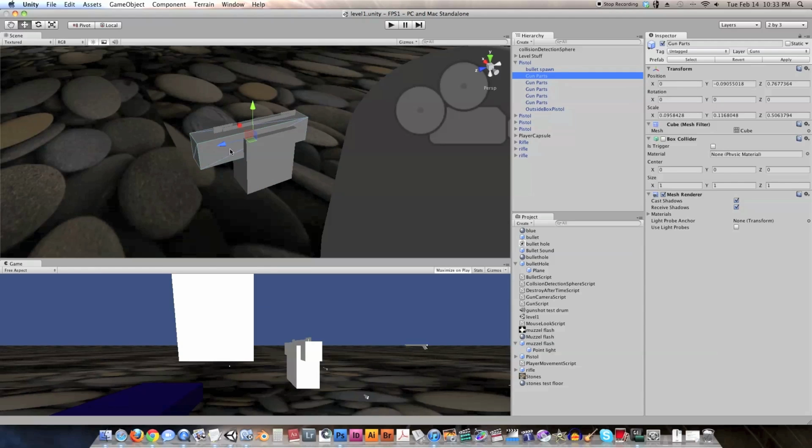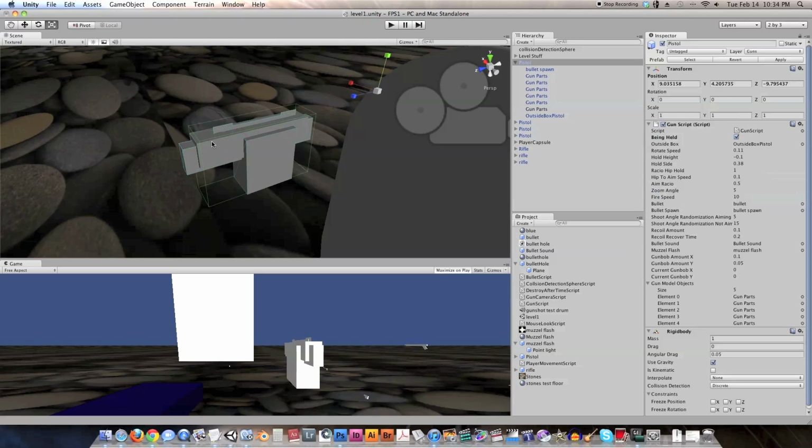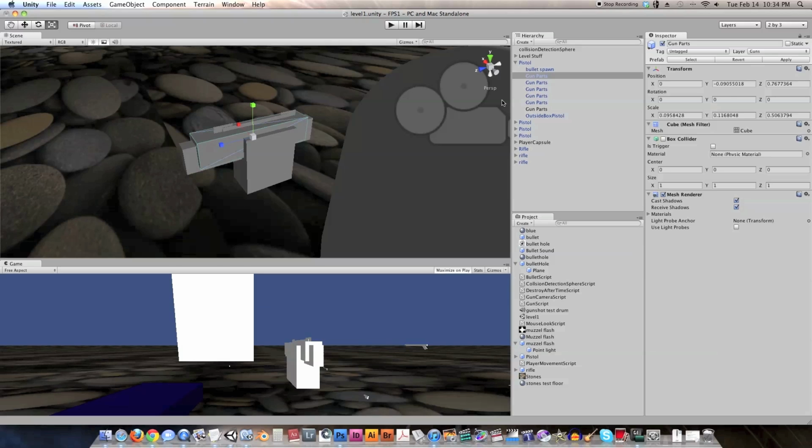So let's see, I want to duplicate this, and I'm going to bring it down a little, and I'm also going to scale it in a little and maybe scale it out a little, and then let's see, I want, see if I can select it, this part here, and I'm going to rename this slider,